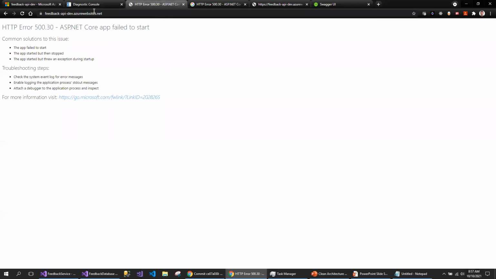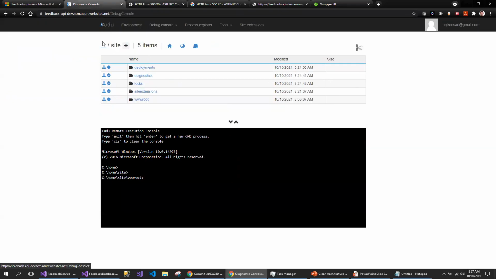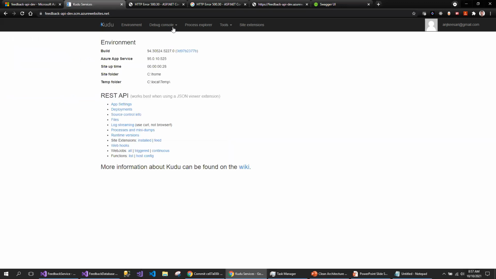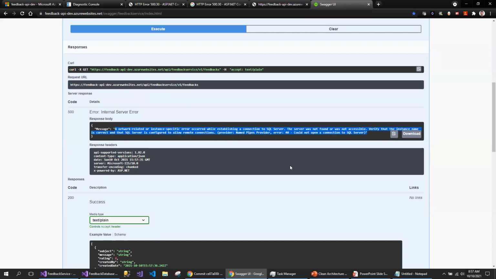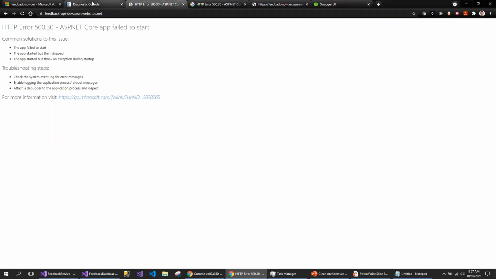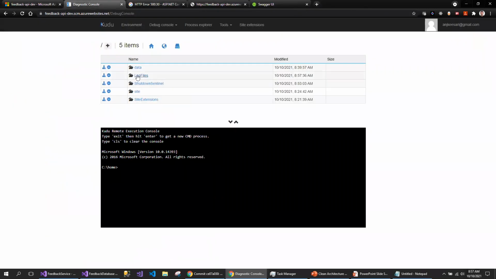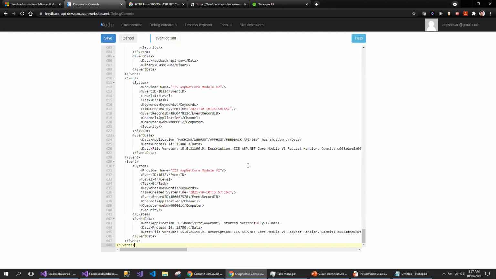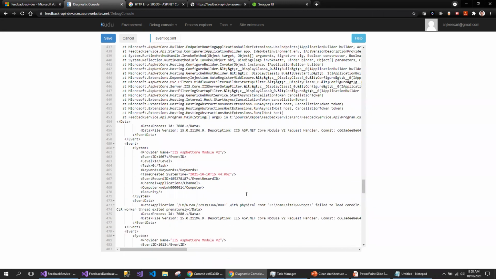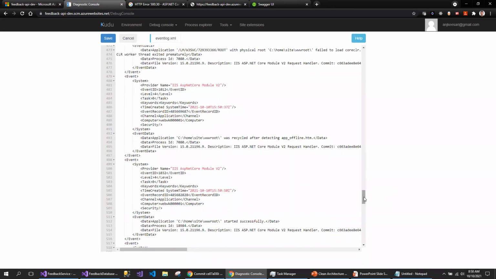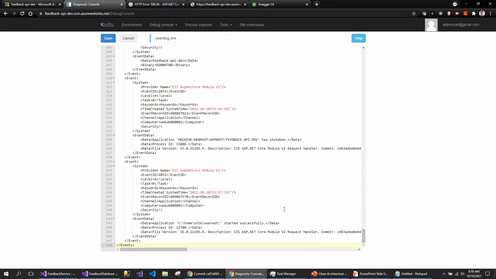And in the event log, let me go back to the event log. So it says that it is unable to connect to the SQL server. I'm sure that is something I should be able to see in the app service. If it is, yes, that's the latest app service. It doesn't show that error. So actually, I am not actually logging into the event log.